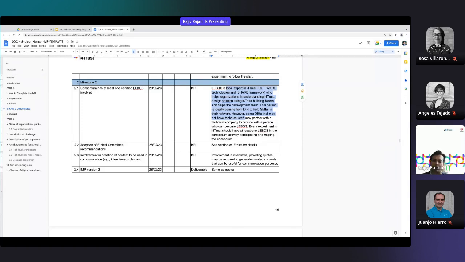And these experts, so each experiment needs to have one expert within their consortium. Some of the DIHs who had been involved in the iForTrust community a bit before have already gone through this process and they already have LEBDS. However, we understand not all of you have done so.